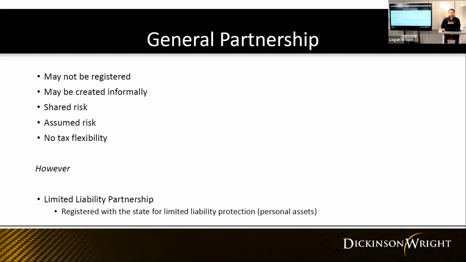So again, I start a business with a friend. We don't really know the rules of this, and we unwittingly create a general partnership. I make a huge mistake. Our partnership gets sued for $1 million. I've got $10,000 to my name. My buddy's got a whole lot more money than me. They can come after my money, and if everything that I have does not cover it, they can come to my partner's money too. So again, you're taking on a lot of risk by operating a business as either a sole proprietor or a general partnership. And again, there's no tax flexibility here.